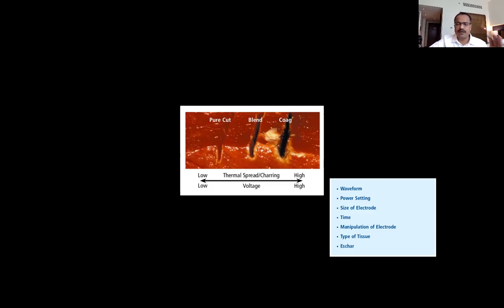Like when you pull the peritoneum, you know there are no blood vessels, you stretch it and move it with a sharper edge. When you come across a blood vessel, you will immediately convert the sharp edge into a flat end, coagulate, desiccate the vessel and again cut it. So this is how you make movements of the instruments to get the best of the electrosurgical effects.